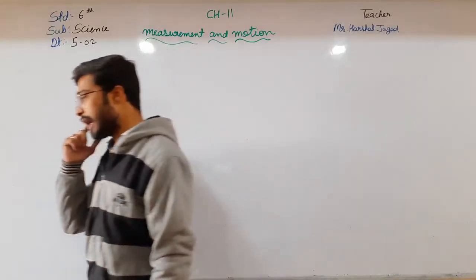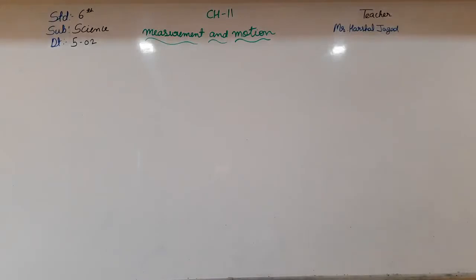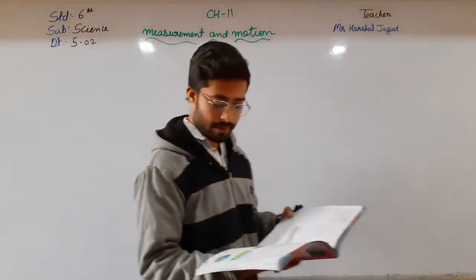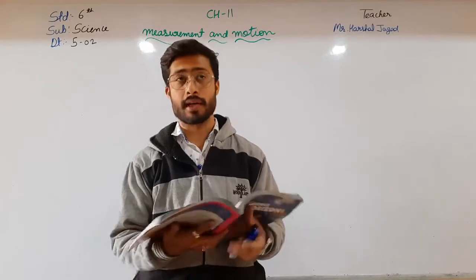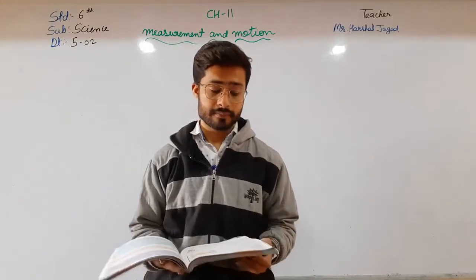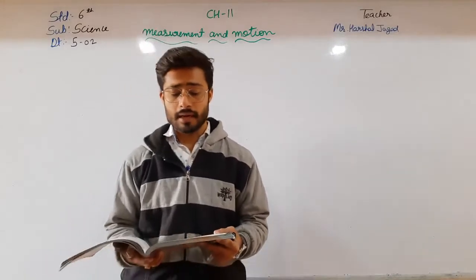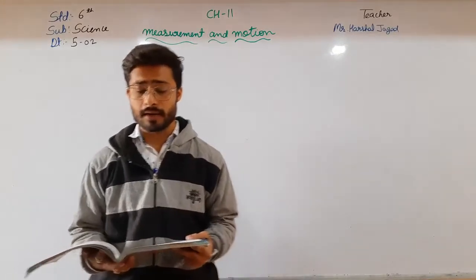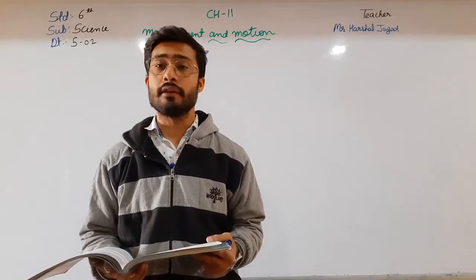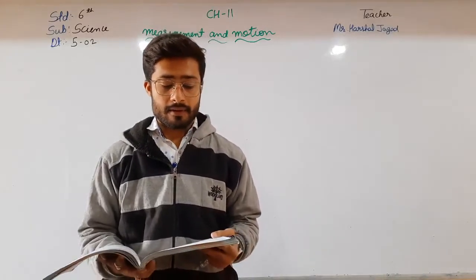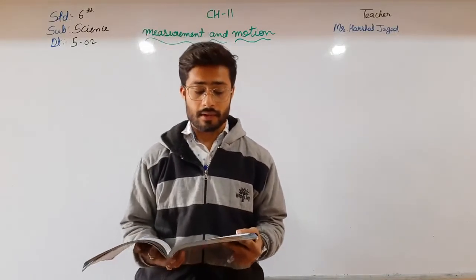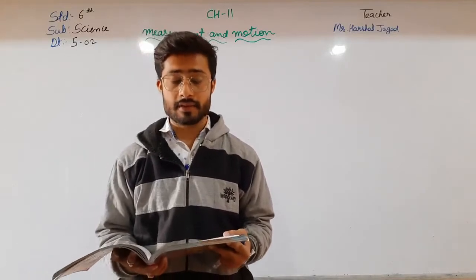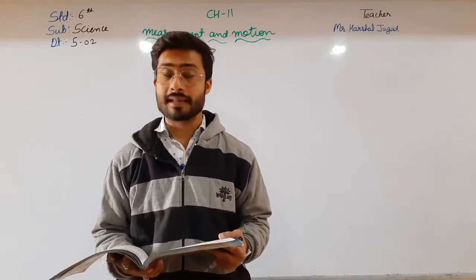Now there was an activity, let us see that activity first. Here on page number 129 you can see Word Help: axis. What is an axis? It is an imaginary line around which an object rotates. The activity is to show that when an object undergoes rotational motion, different parts of it move by different distances in a given time. Resources needed: a chart paper, three sketch pens of different colors, adhesive tape, a piece of string, a ruler, a door, etc.